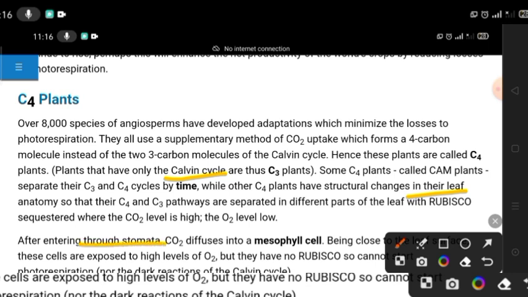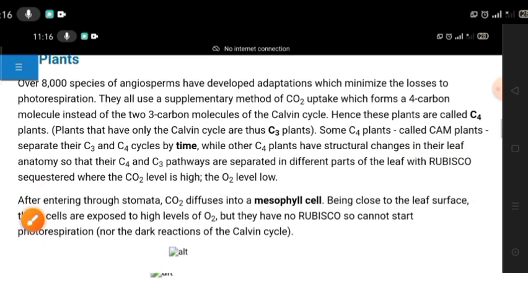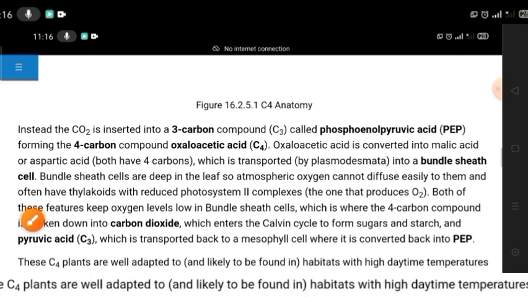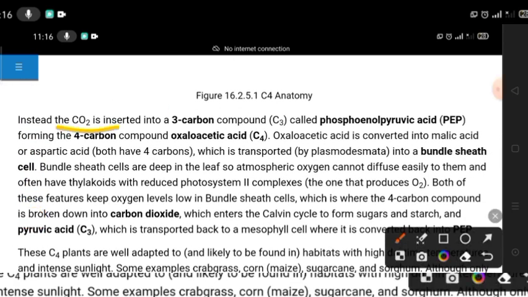After entering through stomata, carbon dioxide diffuses into mesophyll cells close to the leaf surface. These cells are exposed to high levels of carbon dioxide but they have no RuBisCO, so they cannot start photorespiration nor the dark reaction of the Calvin cycle. Instead, the carbon dioxide is inserted into a 3 carbon compound called phosphoenol pyruvic acid, PEP, forming the 4 carbon compound